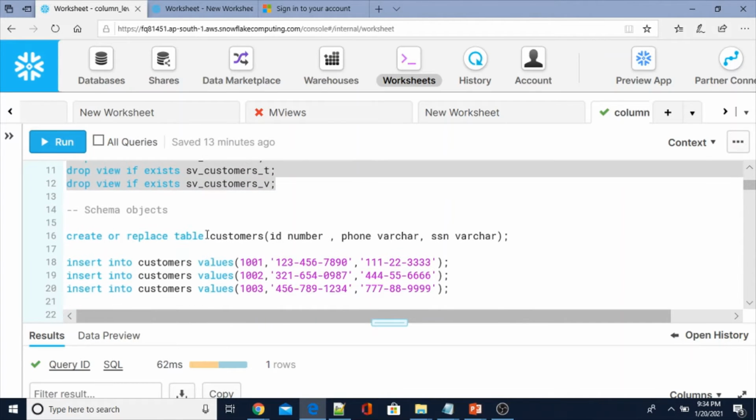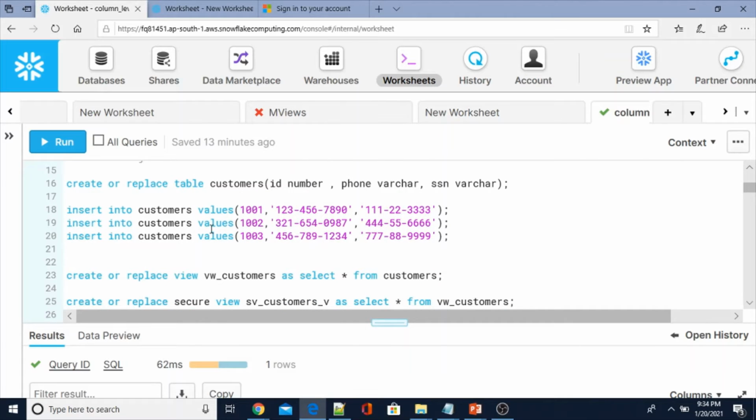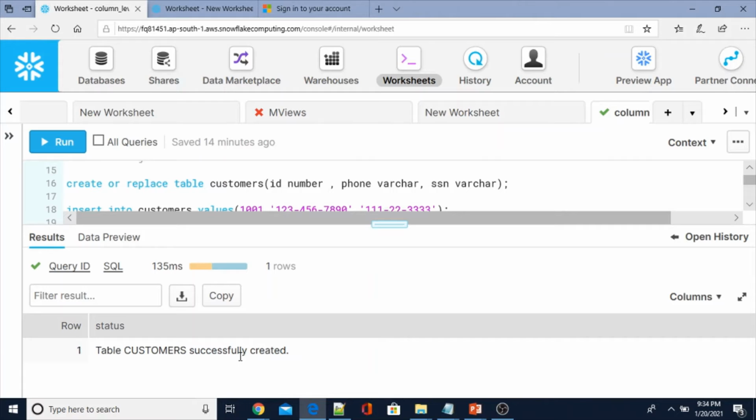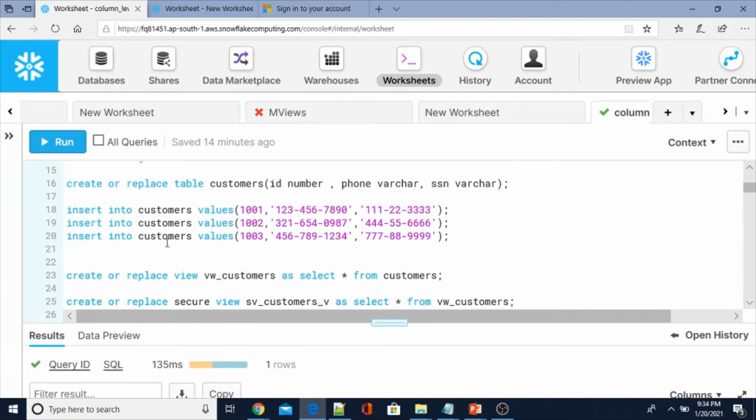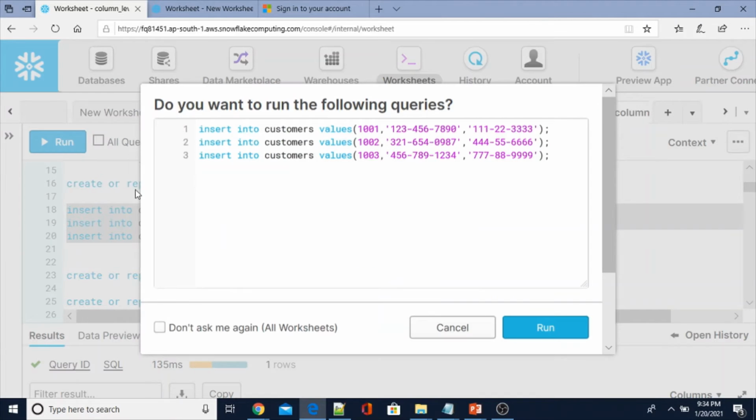Okay, now I'm going to prepare the data. As I said, I'm going to create the customers table with ID, phone number and SSN. Let me create the table.